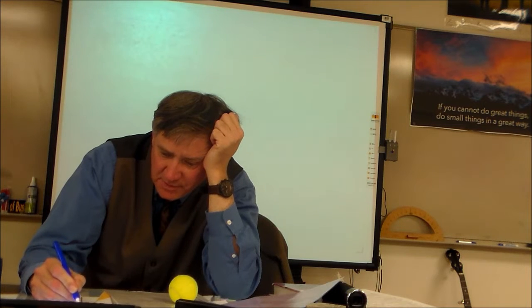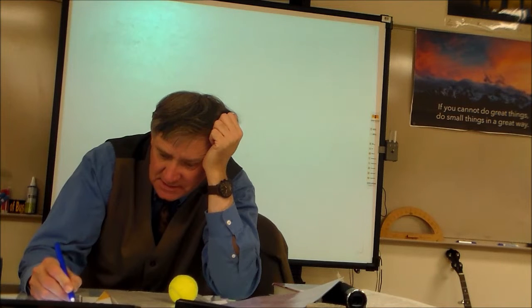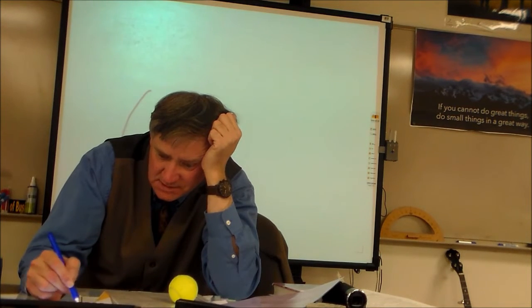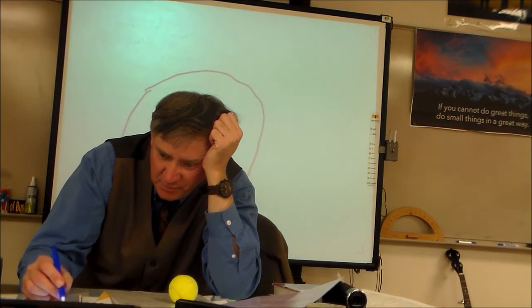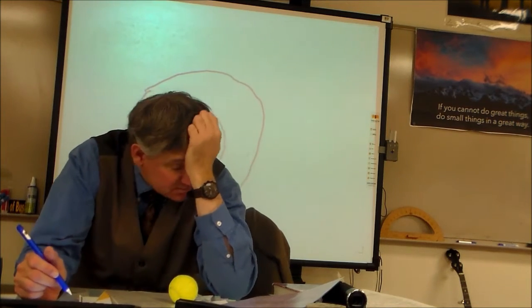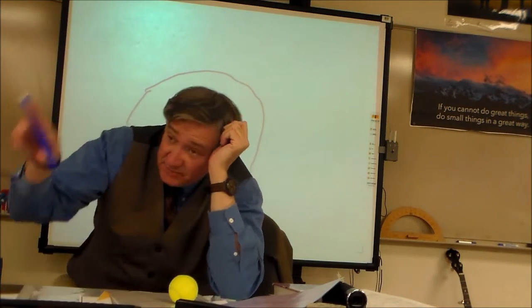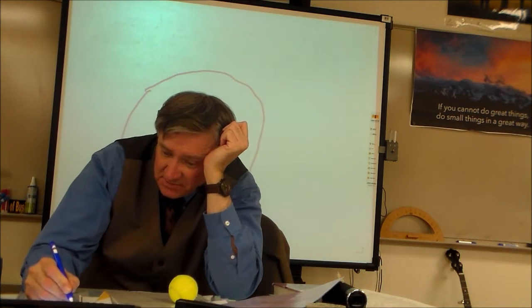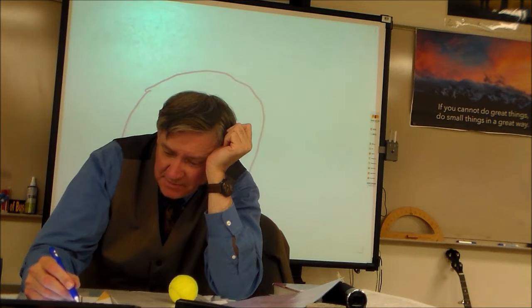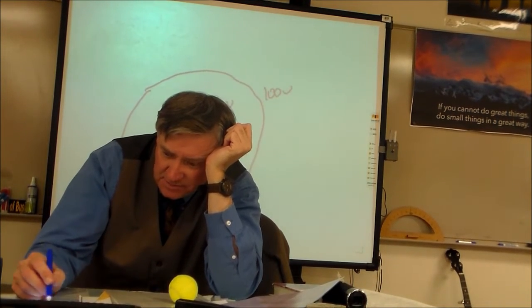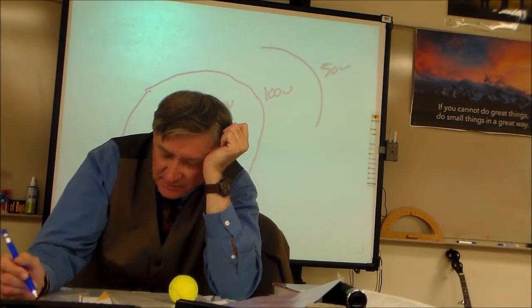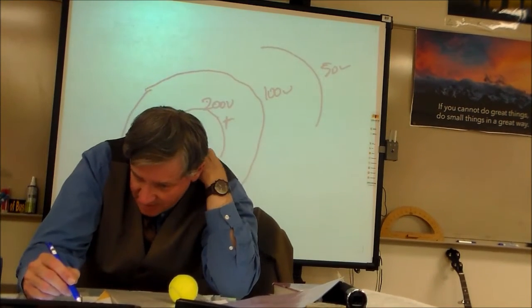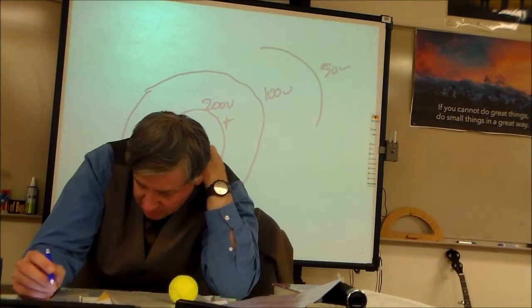So you remember when you put that positive charge and then you plotted the lines that went around it? Does anybody remember what the sign was on those values? Were those positive voltages or negative voltages? Those are positive voltages, right? Now, this might be like 200 volts. This might be 100 volts. This might be like 50 volts, okay? So if you have a positive charge in the middle,